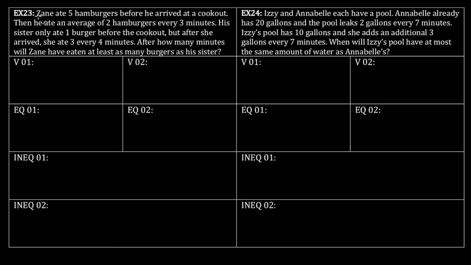All right, so in this problem, Zane ate 5 hamburgers before he arrived at a cookout, and then he ate an average of 2 hamburgers every 3 minutes. His sister, on the other hand, only ate 1 burger before. And then after she arrived, she ate 3 more every 4 minutes. It wants to know after how many minutes will Zane have eaten at least